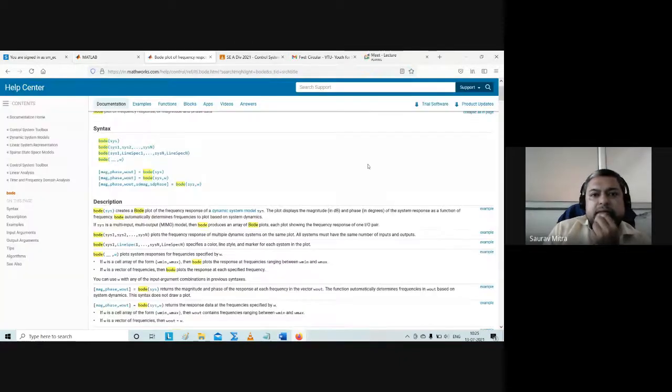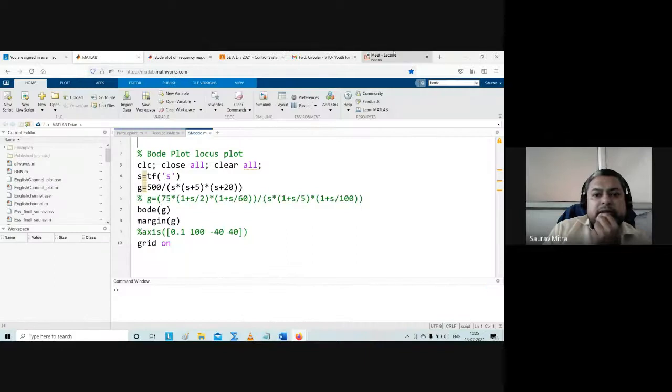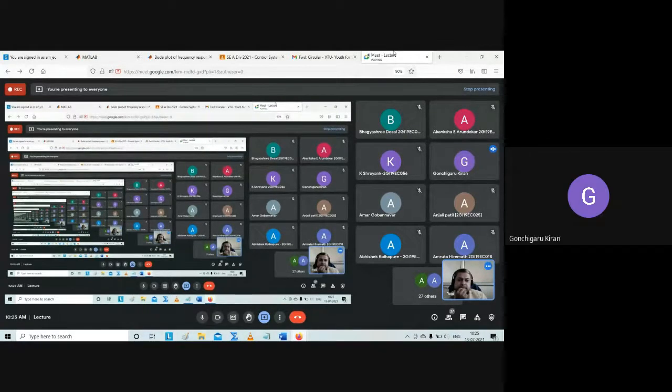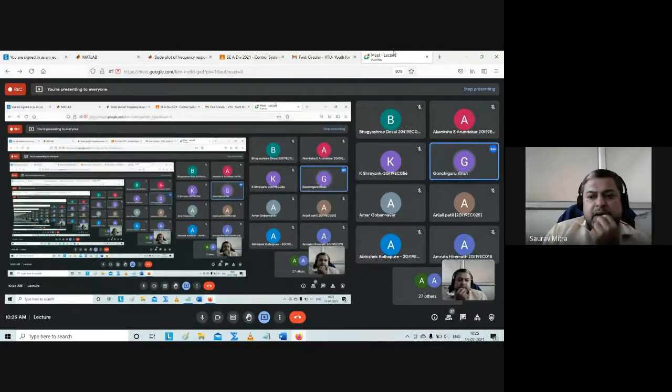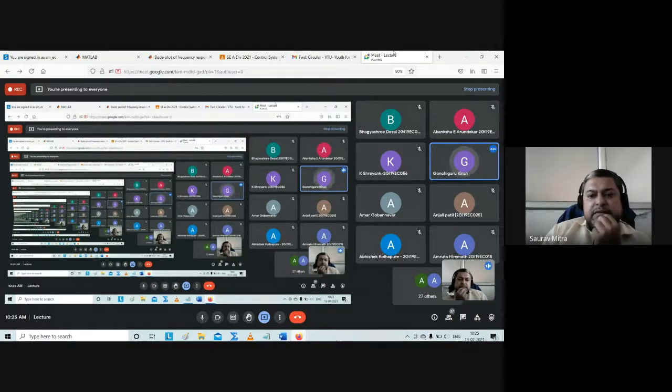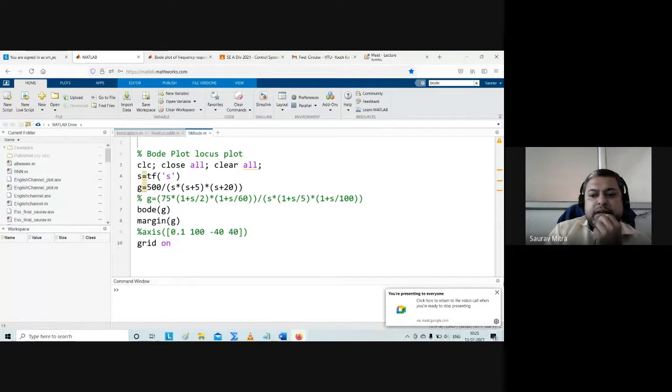Amruta, can you please explain what is the first step in solving a Bode plot? The transfer function is given. What is the first step? So we have to write the time constant form. How can you write it in time constant format? Take 5 outside and 20 outside. Very good. This is what you have to do while solving it on paper.